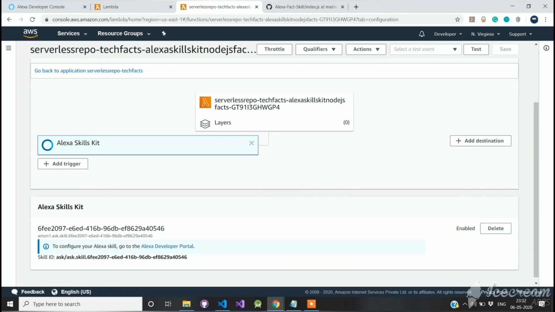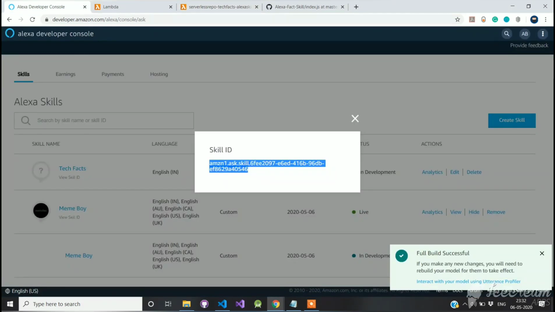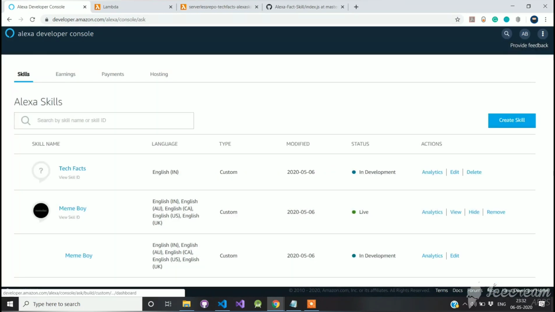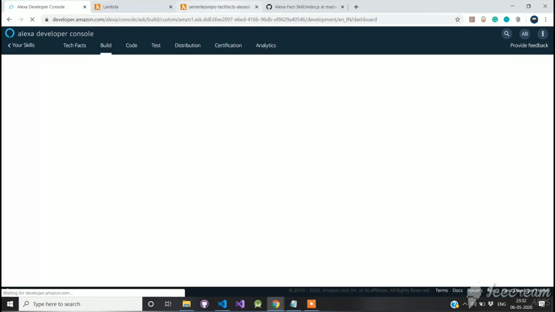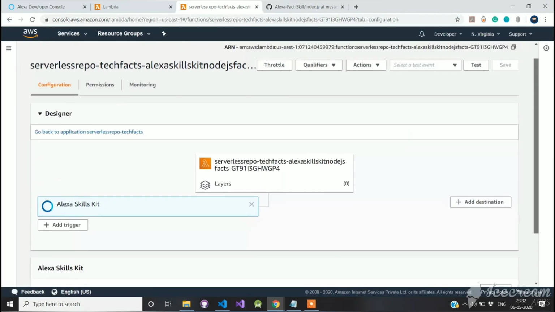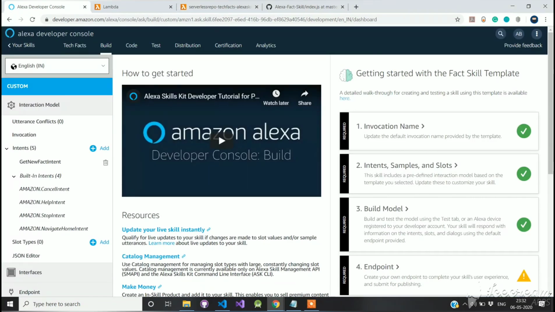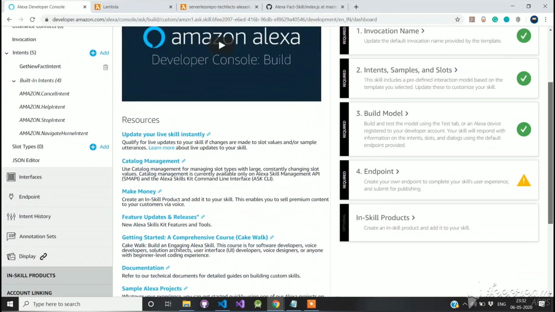After all of this, we now head over to Alexa Developer Console. Click on the name of your skill and head over to Endpoints. While you wait for it to load, head over to Lambda's console and copy the ARN number given at the top of the page. After copying it, head over to Endpoint.